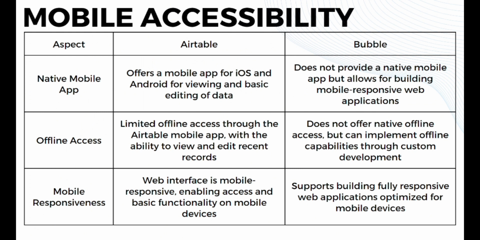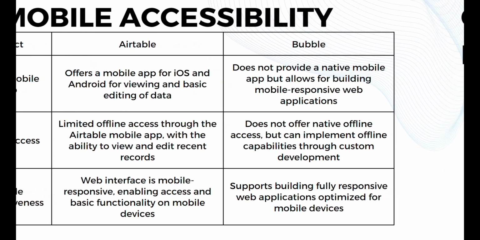Now in terms of offline access, Airtable offers limited offline access through the Airtable mobile app with the ability to view and edit recent records, while Bubble does not offer native offline access but can implement offline capabilities through custom development. And for mobile responsiveness, Airtable web interface is mobile responsive, enabling access and basic functionality on mobile devices, while Bubble supports building fully responsive web applications